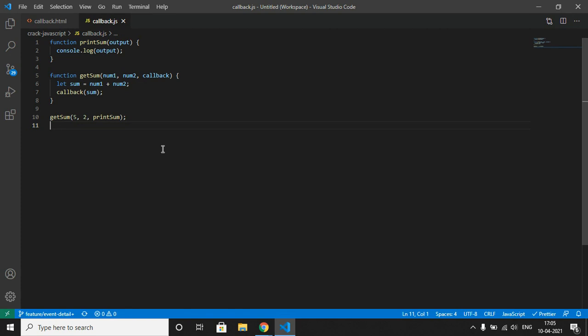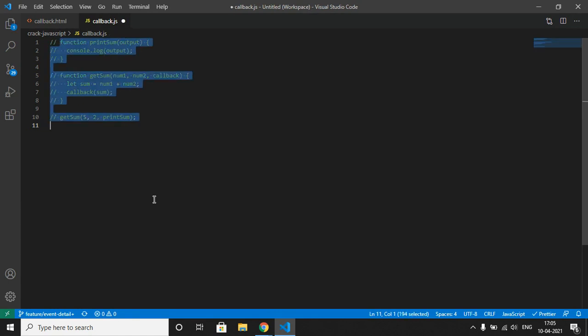Okay, to understand what I have explained, let me start with another simple example. Let me comment this out for now. For example, we want to print a message to the console, but it should be printed after 5 seconds. So what will we do?